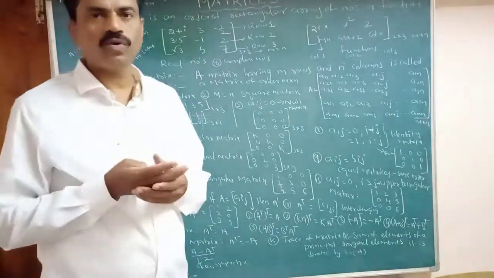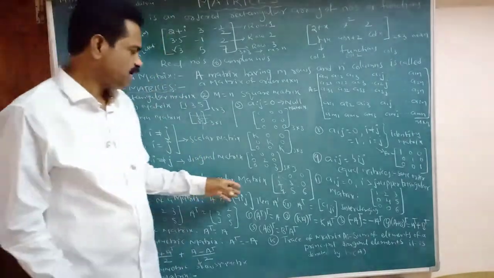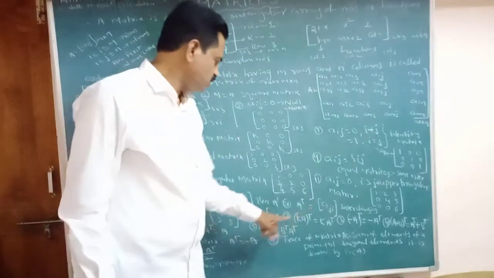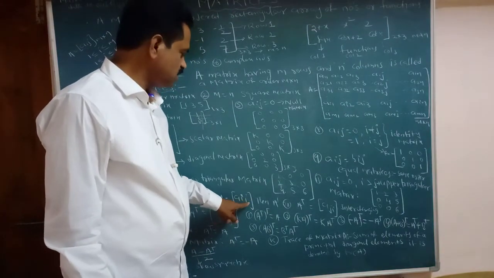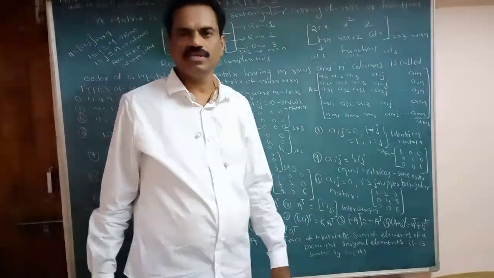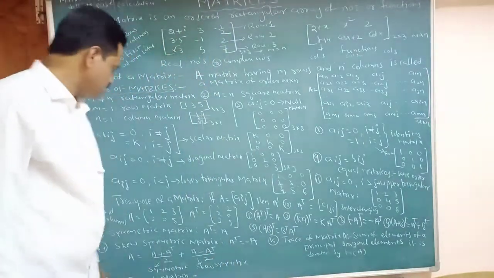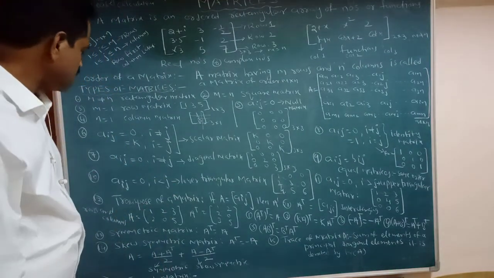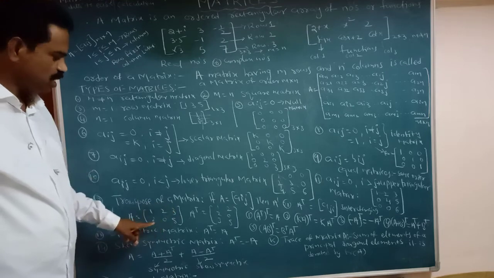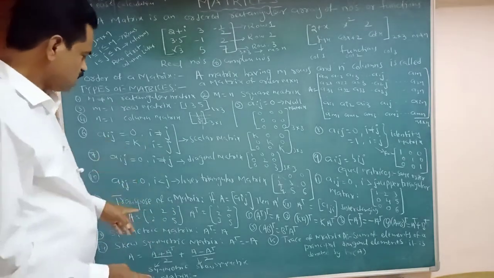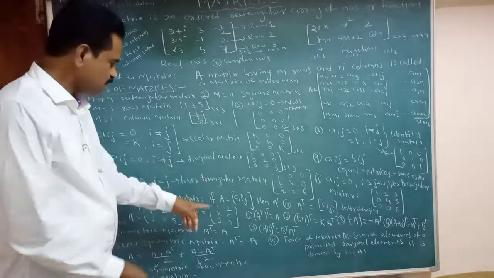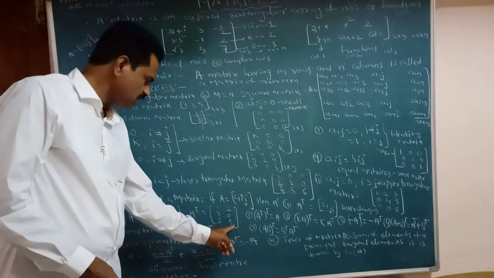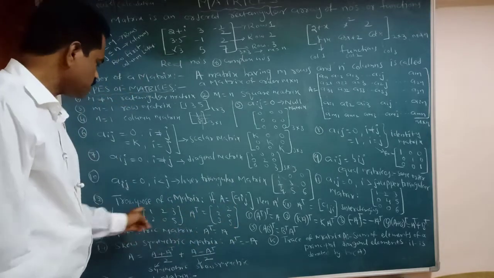Next, transpose of a matrix. So interchange the rows and columns. Suppose A equal to Aij, then it is denoted by A dash or A transpose. Interchanging the rows and columns, ij becomes ji. So A transpose is what here? Aji. We are interchanging the rows and columns, then it is called a transpose of a matrix. For example, see here A equal to 1 2 3 or 2 0 5. Interchanging the rows, rows 1 2 3 become columns. That is 1 2 3. 2 0 5 is the second column. Then it is the transpose of A.